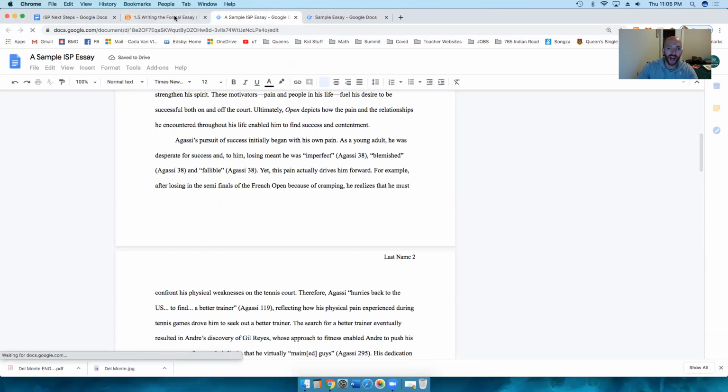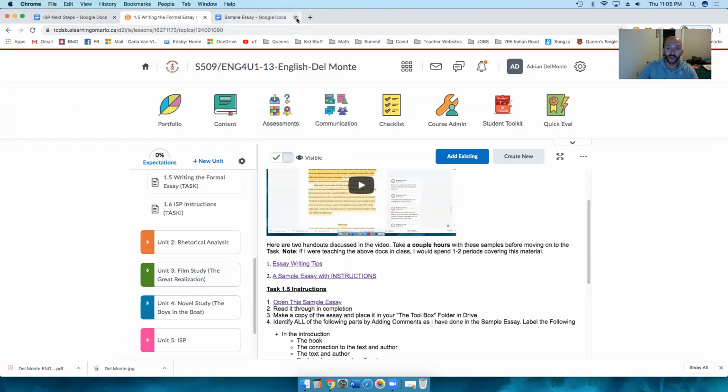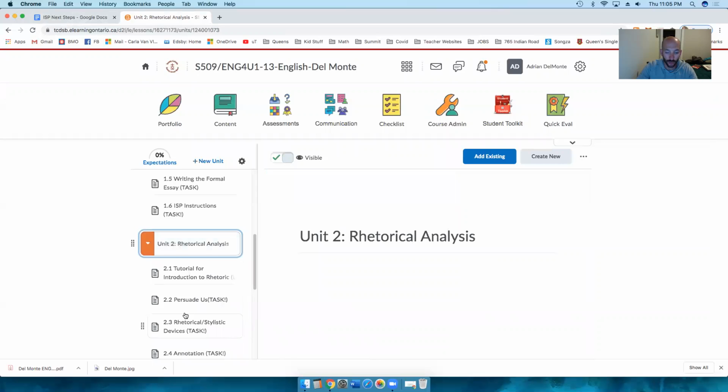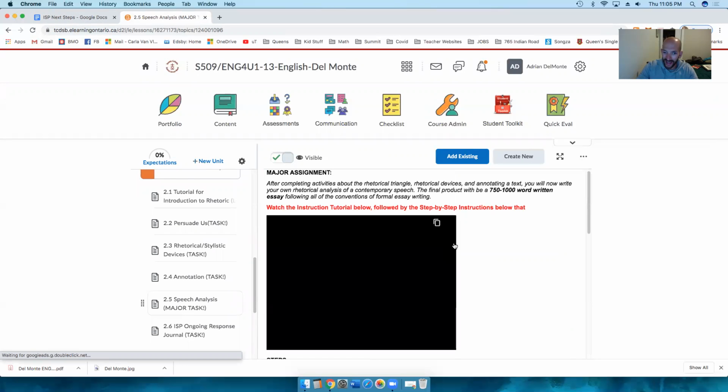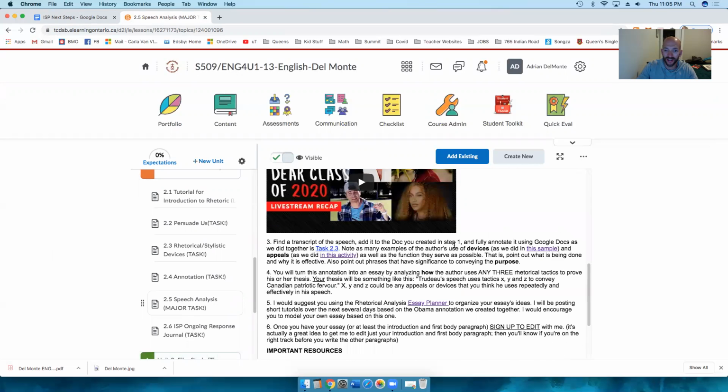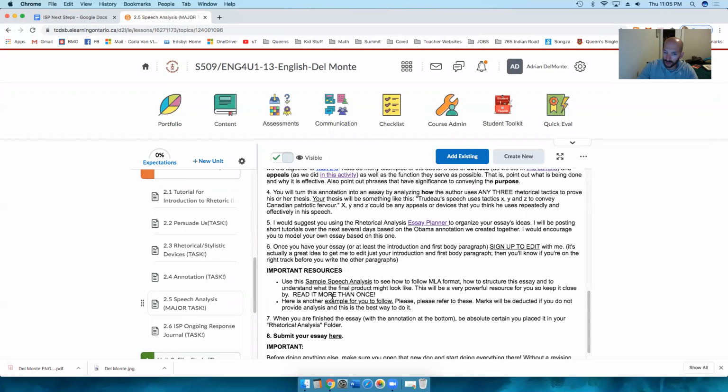So you could look at either of the examples that came from 1.5. The other one you could look at, folks, as a reminder, you could go back to task 2.5. That was the speech analysis. And you could take a look at the sample speech essay down here. It shows you how to go through an example.